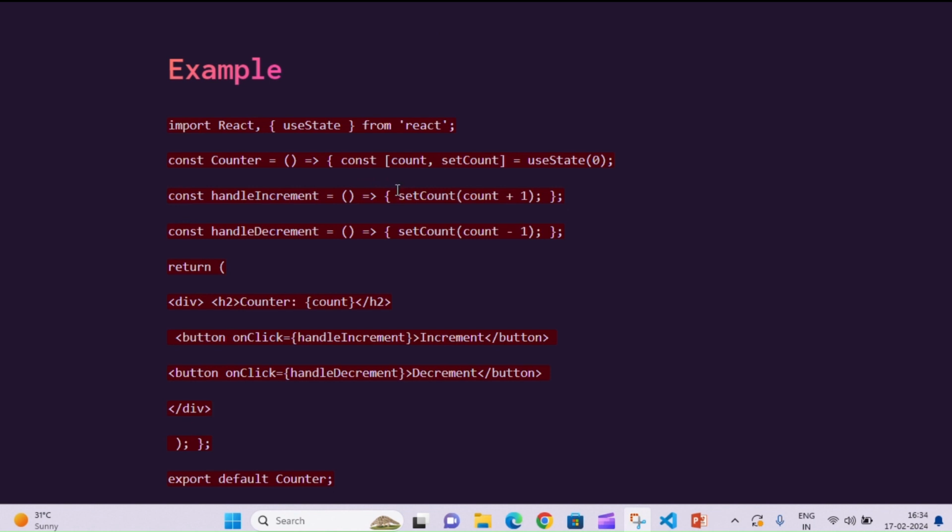Here we declare a state variable count and a state update function setCount. This line, the useState hook, declares a state variable count initialized with the value 0. The setCount function is the update function for modifying the state.